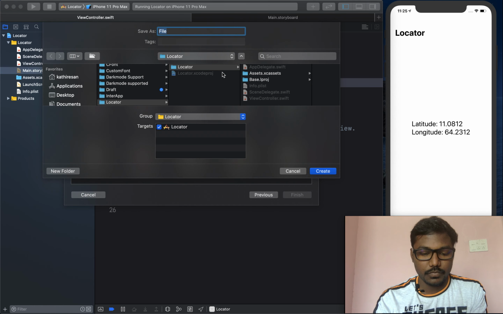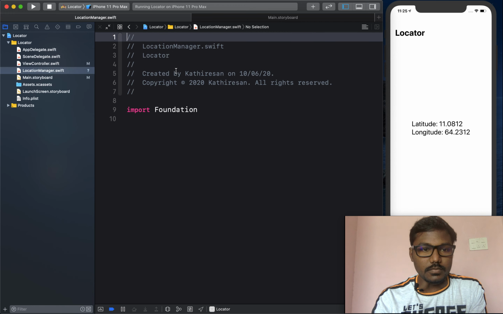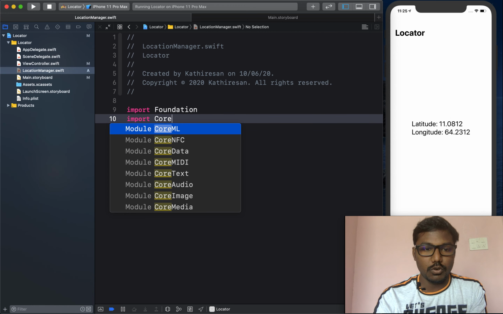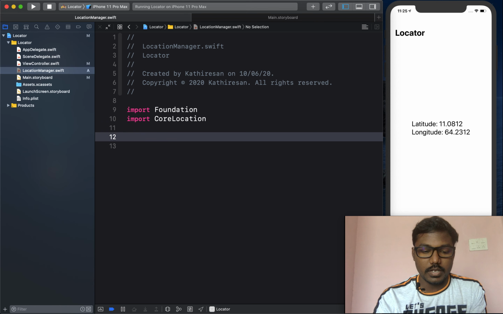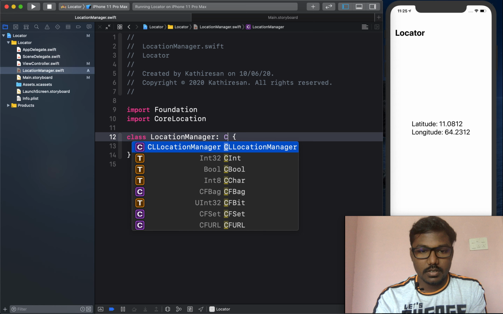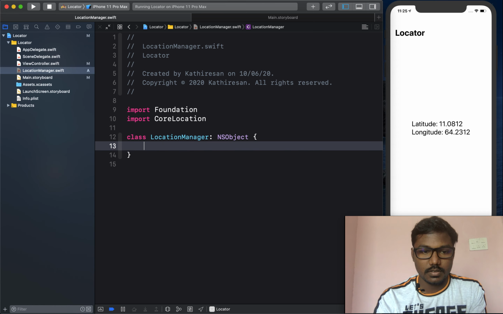This is a location manager class. Here I am importing CoreLocation, then I am creating a class I named LocationManager. This is an NSObject class.